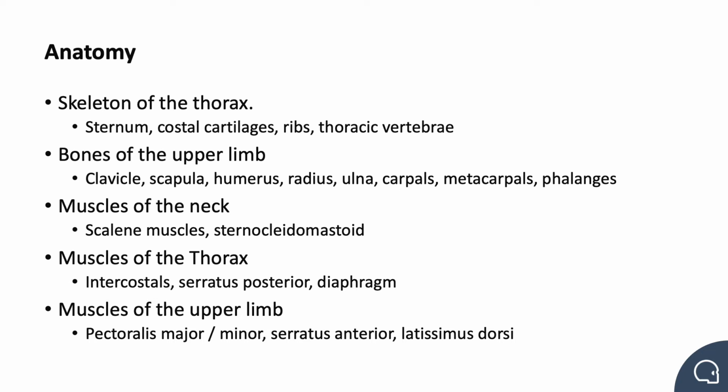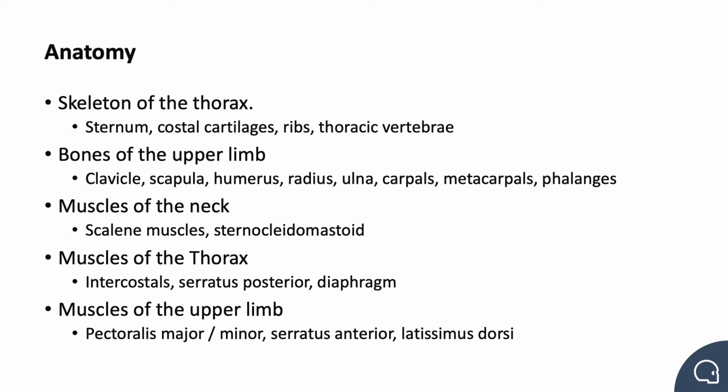These obviously got to be moved by muscles, and they start from the neck. The scalene muscles and sternocleidomastoid can stabilise the first rib and elevate the clavicle. And then the muscles of the thorax themselves, the intercostals between the ribs and the innermost intercostals within the ribs, serratus posterior and the diaphragm. Don't forget the muscles of the upper limb, not just those attaching onto the chest wall, but also those to stabilise the upper limb in forced